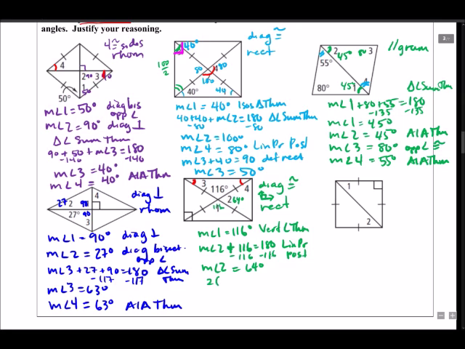So 2 times the measure of angle 3 plus 116 equals 180, right? That's just triangle angle sum theorem. And subtract 116 from both sides. And then what does that give us? 64, and then I'm going to divide by 2. So the measure of angle 3 equals 32 degrees, right? Because it's half